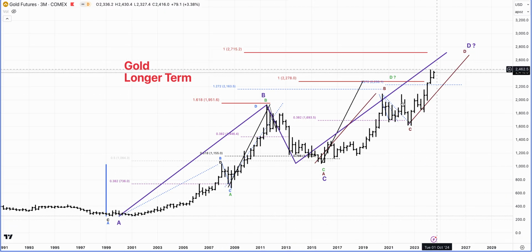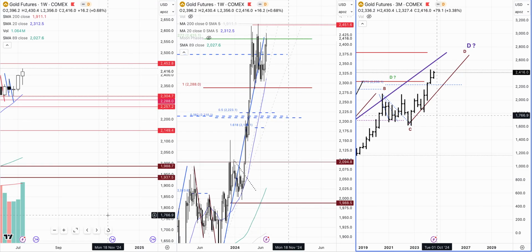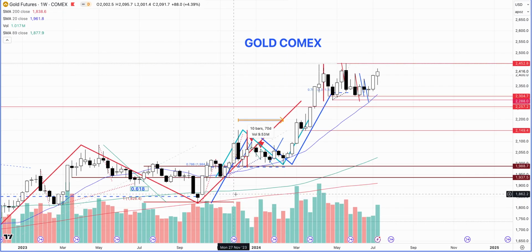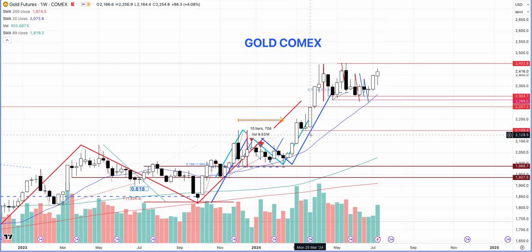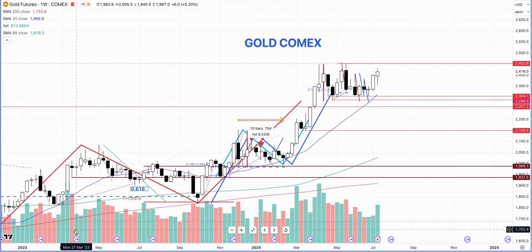But what I also see is that some of the miners are catching up with the underlying market itself, and the underlying market might go a little bit sideways for maybe 3-4 weeks. That's also a possibility. Of course I could be wrong, and then gold next week could be much stronger and just break out of this range and keep on going higher, which is good because we do have the projections to the upside.